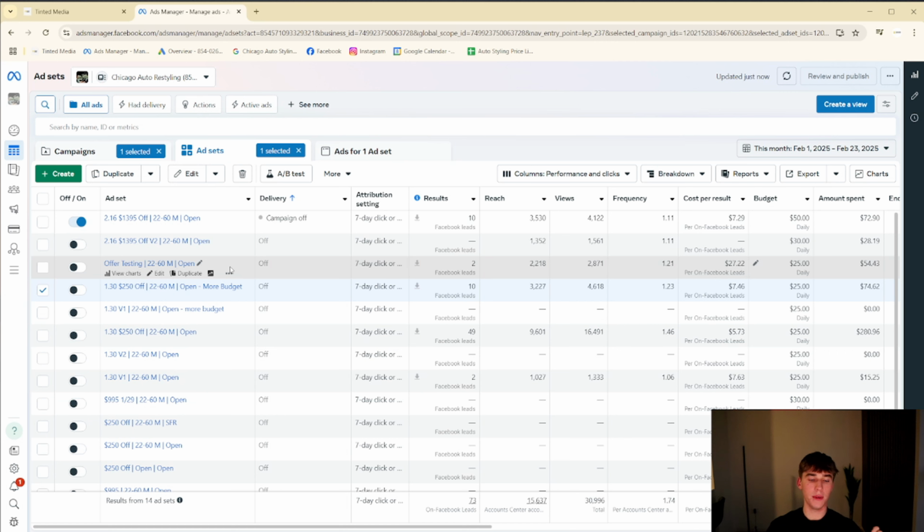Number 1 is going to be a hook, so get the audience interested, call out their pain. Number 2, present them a solution. Number 3, give them the specific offer that you have. And finally, number 4, give them a call to action. So call out the hook/pain, what is the solution that you've got, what's your offer, and then tell them exactly what